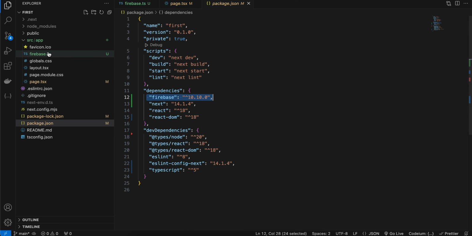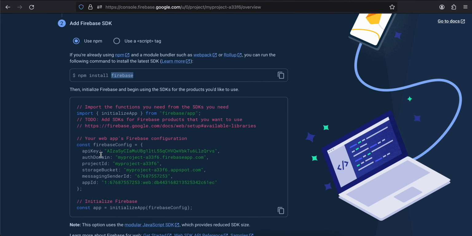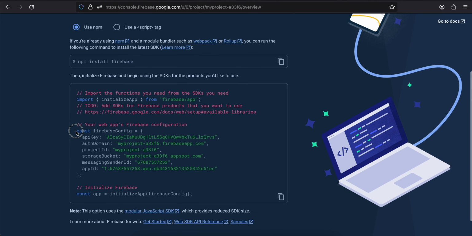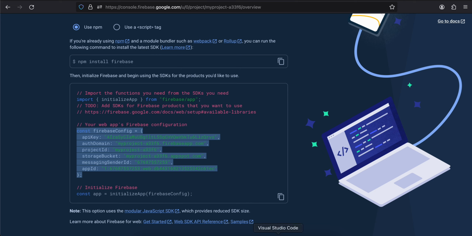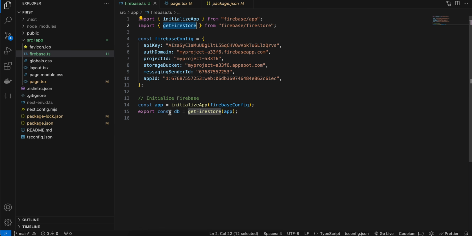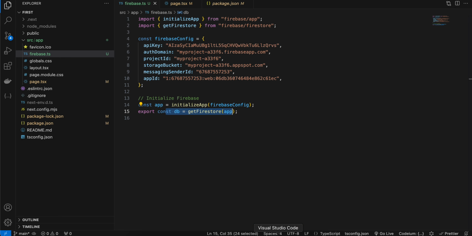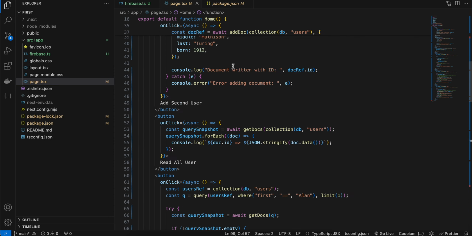Next, I have created a file called firebase.ts, and inside that I have copy pasted this from whatever Firebase gives us. So I'll just copy paste this and put it over here, and I have imported initializeApp as well as getFirestore. So here we are initializing our app, and here we are initializing our getFirestore database and exporting it as well. Once that is done, just click on continue to console, and inside page.tsx I have marked